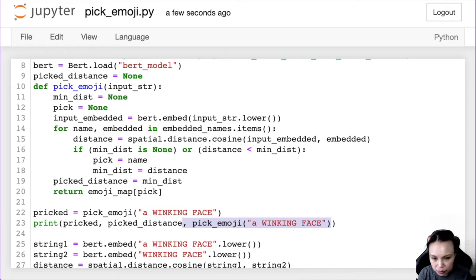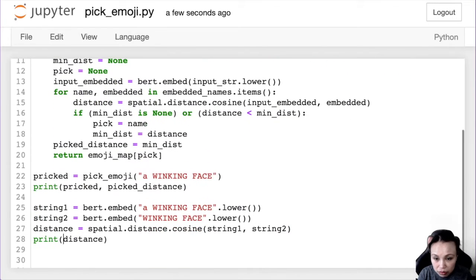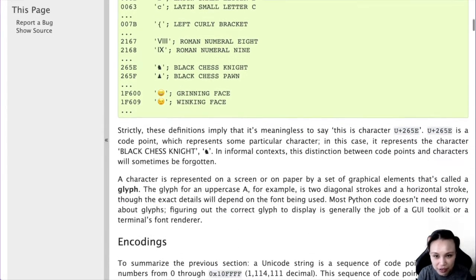So the distance between this and the distance between this and what I'm expecting. I don't know whether I can do it like that. I think okay, because in Python you can print emoji by just calling the name. This is how I found it here.